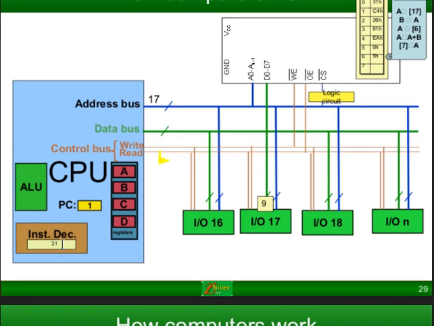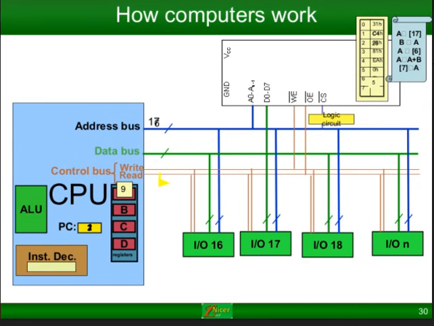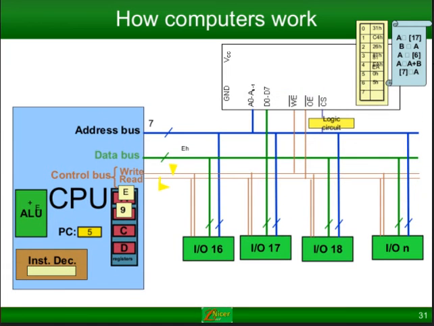And the instruction decoder tells us what is being performed, and the program counter is telling us which program is being executed. So the first line is being executed. Going on to the next, now here we have 9 stored in the first register A. In the second line we have to pass this information which is found at A to B. So this will be passed from register A to register B.